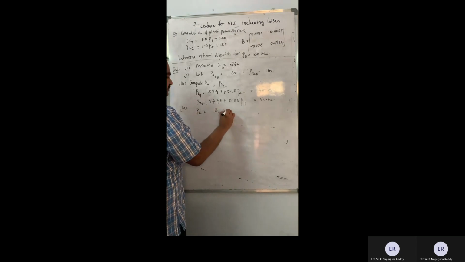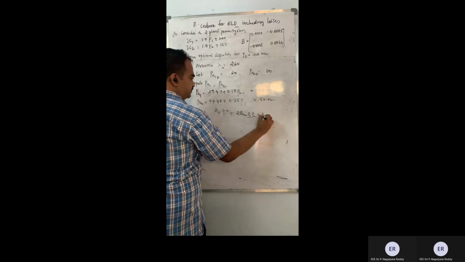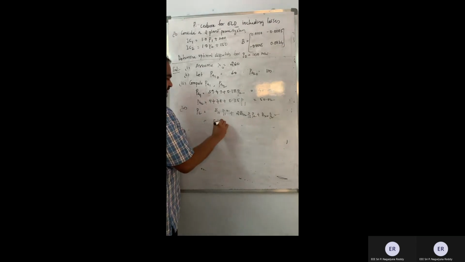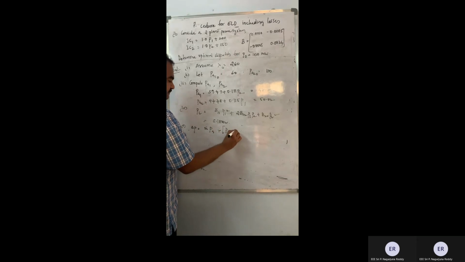So now, if these are optimized values of my Pg1 and Pg2, now what I'll be doing? I'll be calculating PL. What is the PL formula? B11 P1 square plus 2 B12 P1 P2 plus B22 P2 square. Substituting the values here again, you will be getting some value of, say, let us suppose 5.1. This is not my calculated value. So I am just assuming that this is going to be my value of PL. So once I do it, delta P. What is delta P? Sum of generation minus PD plus PL.